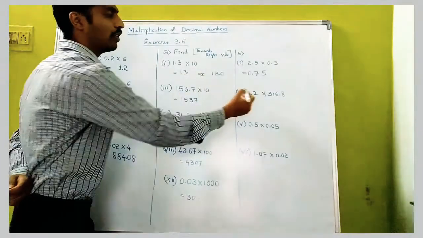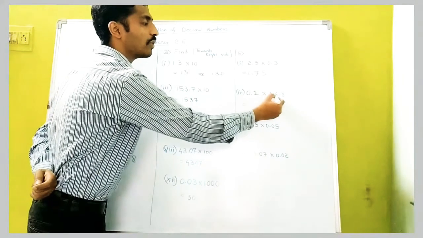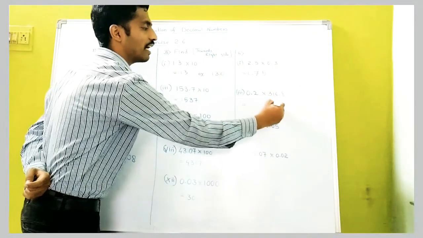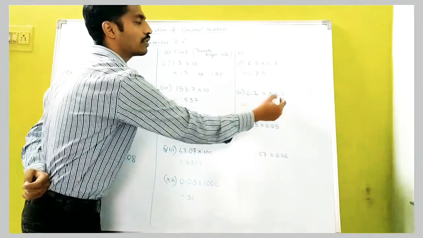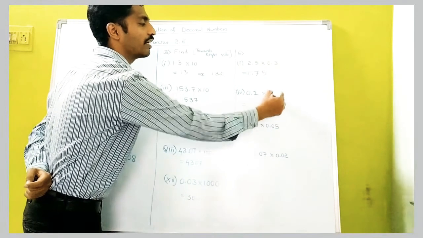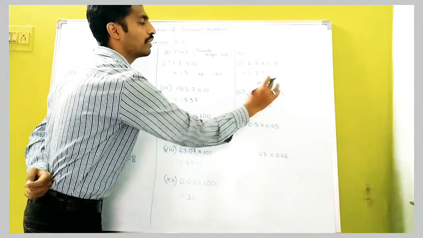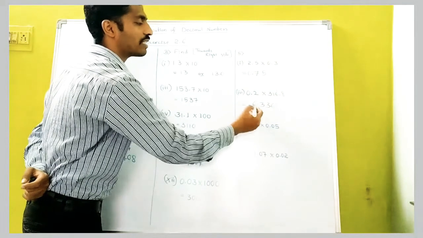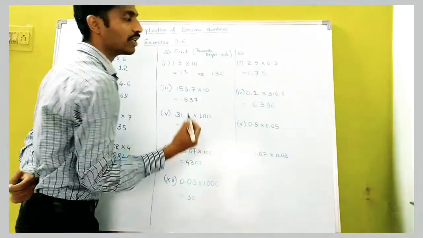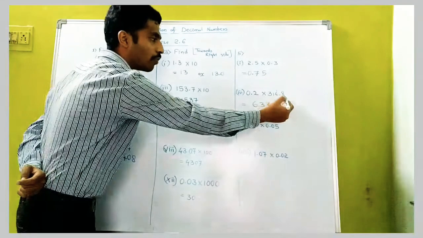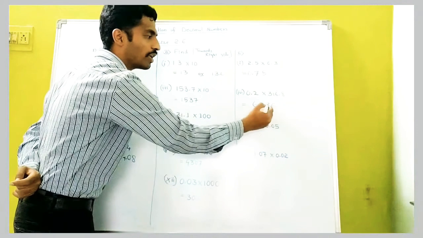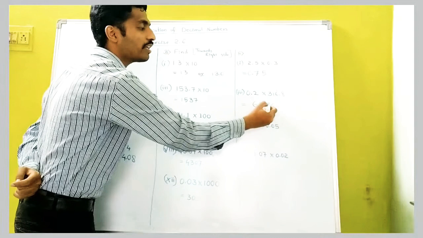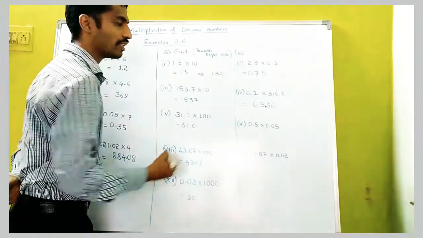Here also, after 1 number, here after 1 number. First you multiply them. Here 2 is there, here 3168 after ignoring the decimal. So multiply it. 2 8s are 16, carry 1. 2 6s are 12, 12 plus 1, 13, carry 1. 2 1s are 2, 2 plus 1, 3. And 2 3s are 6. So our answer is 6336. But where do we have to put the point? Here 1 number, here 1 number. After 2 numbers we put the point. So our answer is 63.36.